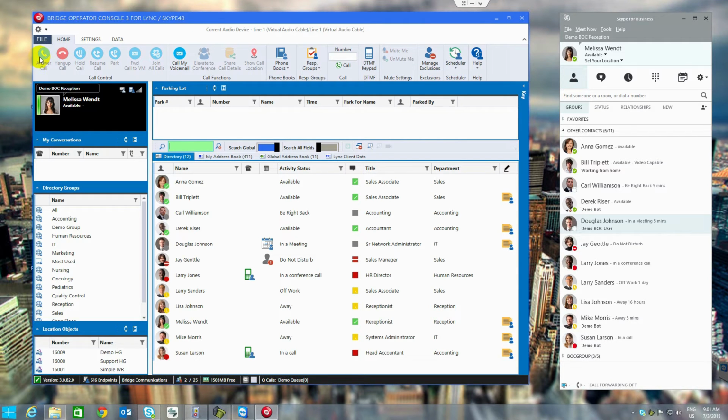The top of the screen contains a Microsoft ribbon control similar to what is found in Microsoft Office. In Bridge, it's broken down into several sections. There's a call control section, call functions, phone books, response groups, and some other miscellaneous features that I will discuss later in this demo. The black area shown here, where we see Melissa Wendt's name, is called our heads-up display